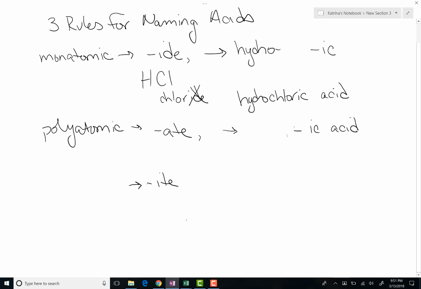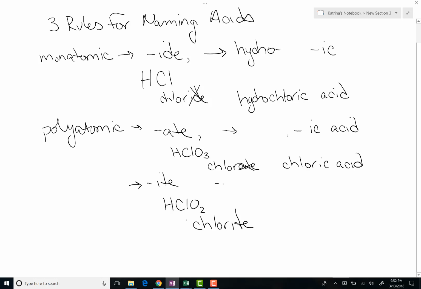So an example there would be something like hydrogen and chlorate. I take off the "-ate" and add "-ic". So I have chloric acid. My other option is "-ite", so something like hydrogen and chlorite. Here, I'm going to remove the "-ite" and add "-ous" acid. So I would take off the "-ite" and add OUS,